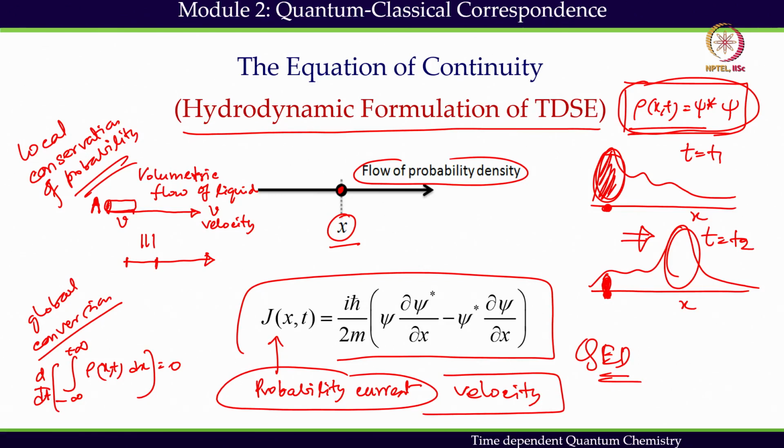Velocity of the probability going through the position space. What is the velocity with which this probability is changing as a function of time, or flowing through this space as a function of time? That is the basic idea behind the hydrodynamic formulation. In order to get that, what we will do, we will